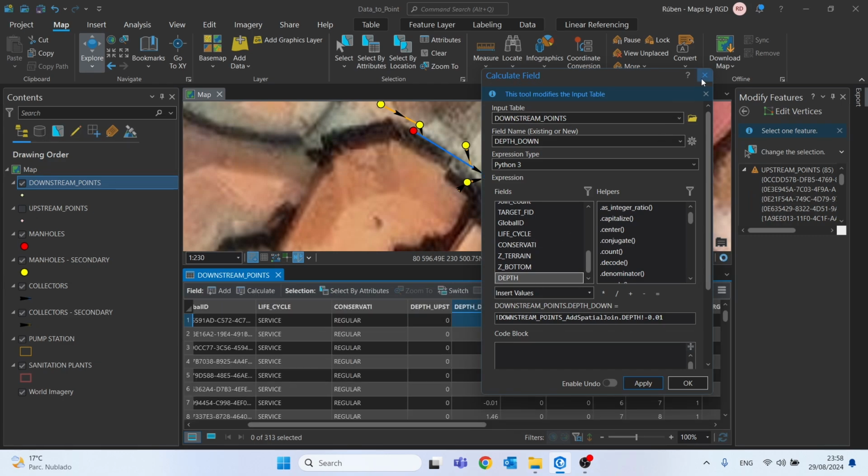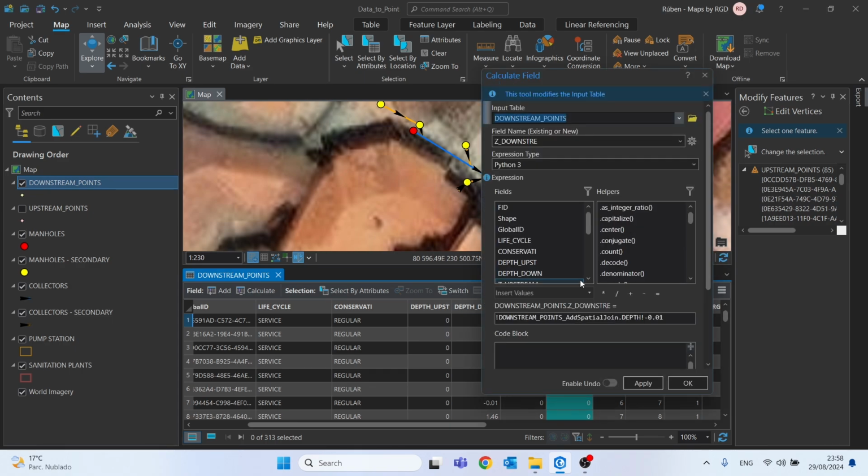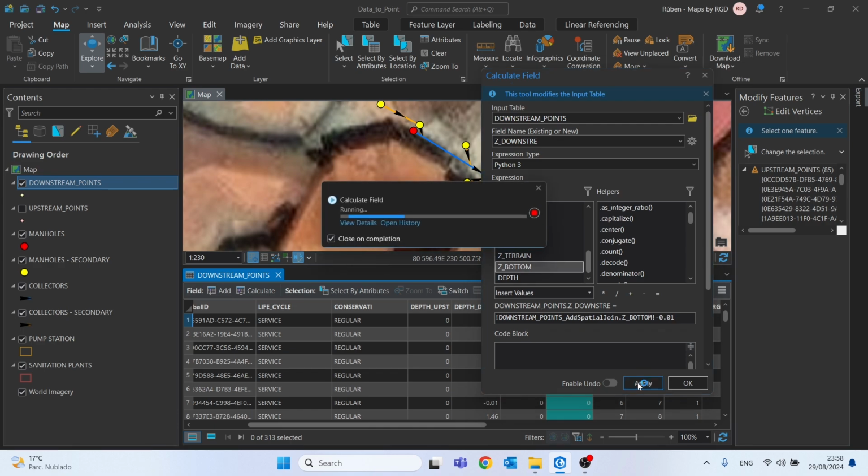And for the Z downstream, it's pretty similar. It's Z bottom minus 0.01 as well. Click apply,